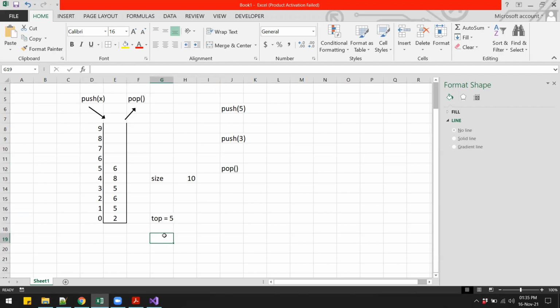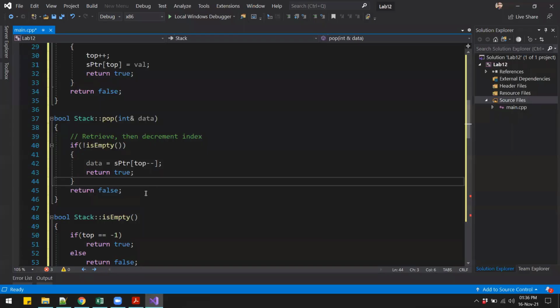So I can say we will return the value from the stack, or the array, at index top, right? sptr at top, sptr at 5 will give us 6, right? So this 6 should be gone. Then what should happen to the top value? It should decrement and become 4, because now the topmost data is at index number 4. So that is what is happening over here.